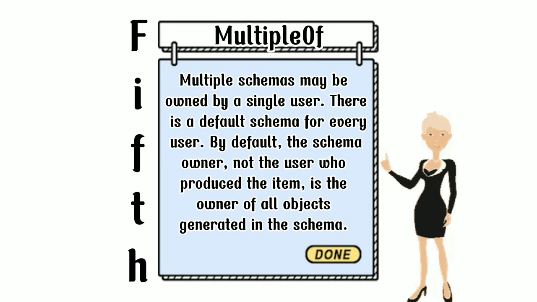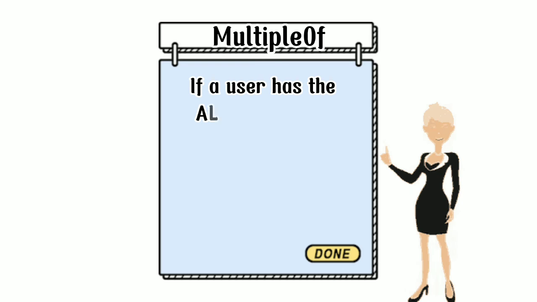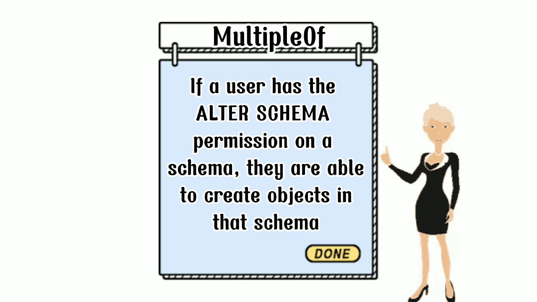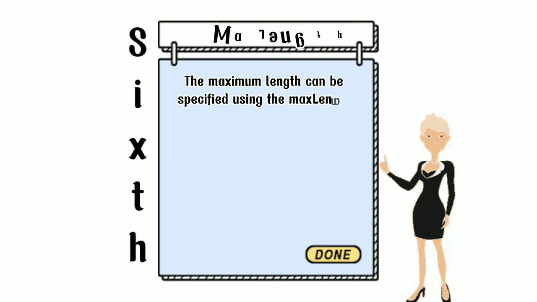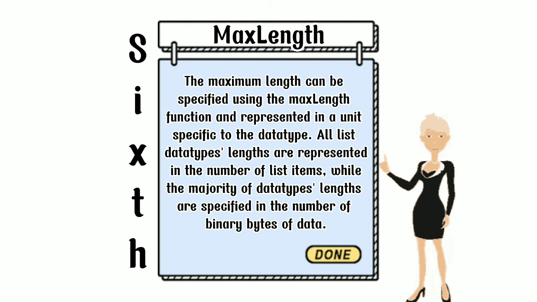Multiple schemas may be owned by a single user. There is a default schema for every user by default. The schema owner, not the user who produced the item, is the owner of all objects generated. In the schema, if a user has the alter schema permission on a schema, they are able to create objects in that schema. The maximum length can be specified using the